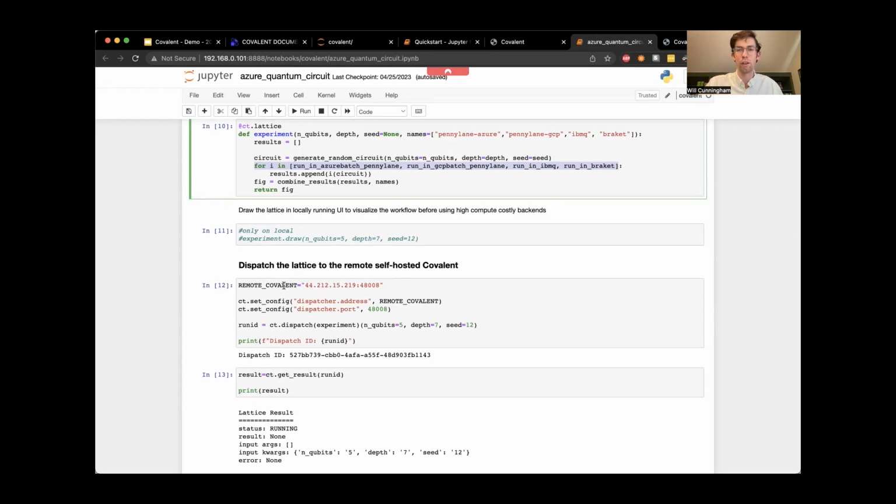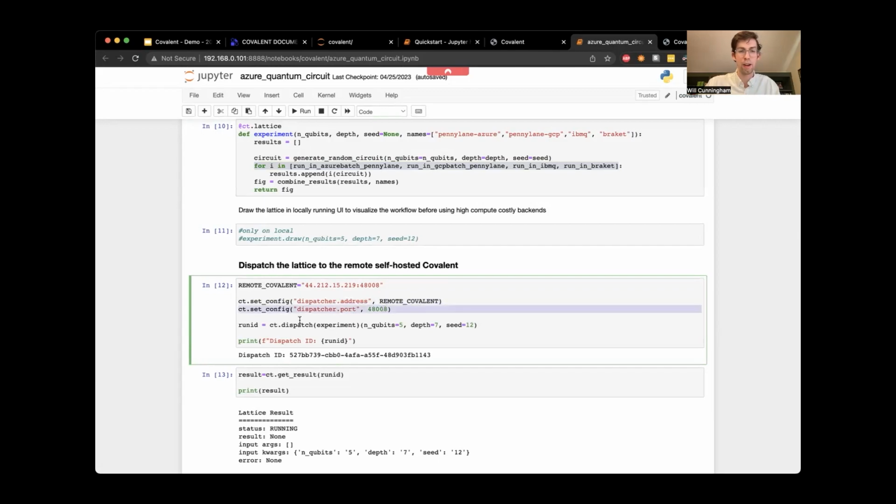I've done this using a machine image. We also have methods, if you're interested, to deploy it with Terraform or Ansible. We try to provide lots of different ways to make it easy to deploy this. So right here, I'm specifying the address as well as the port. And now this time, once I dispatch this workflow, it's going to send it to the server at this address